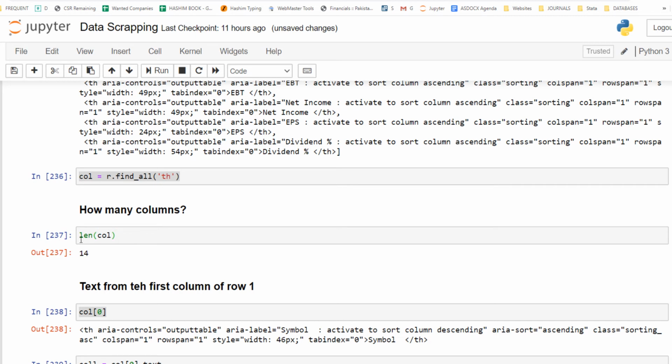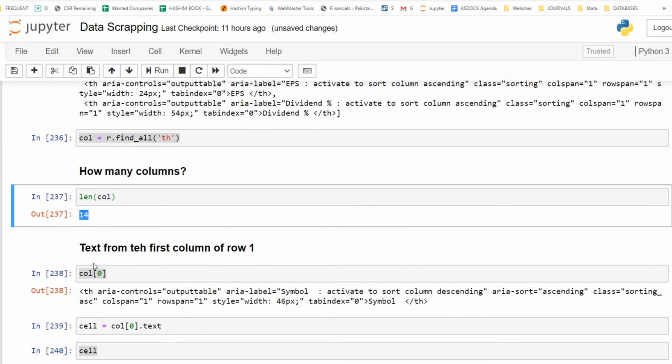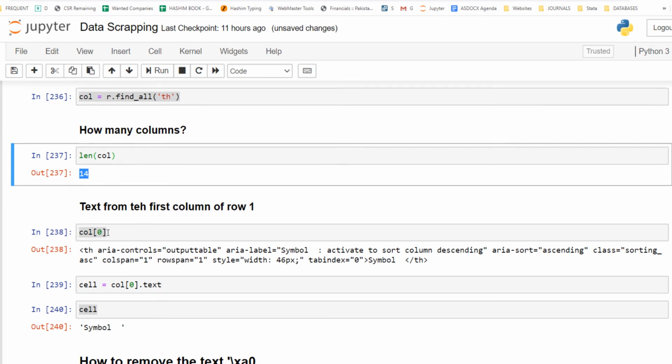This was just for information to get the length of the column. We do not need this info. So if we want to remember, we can remember that a total of 14 columns exist. So the loop will go from 0 up to 14. And this line was used to get the text in the first column and first cell.